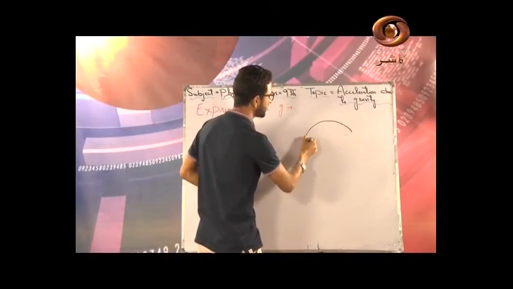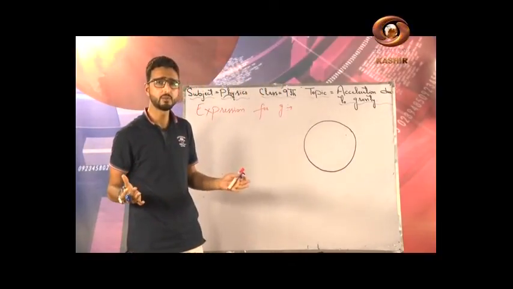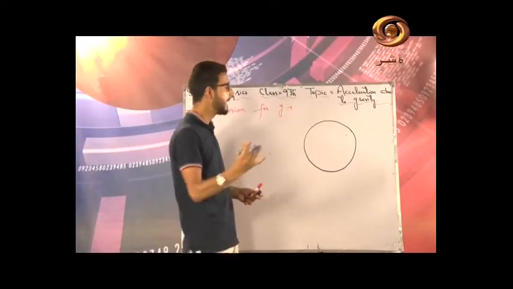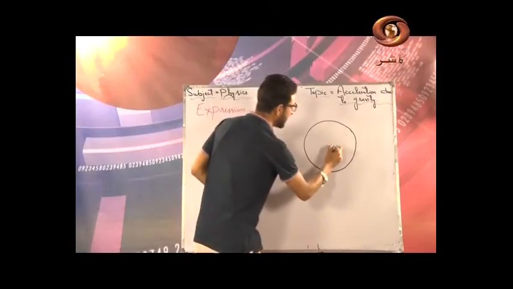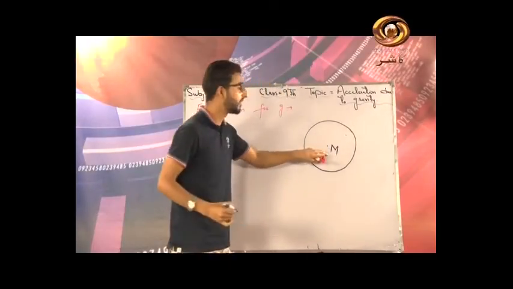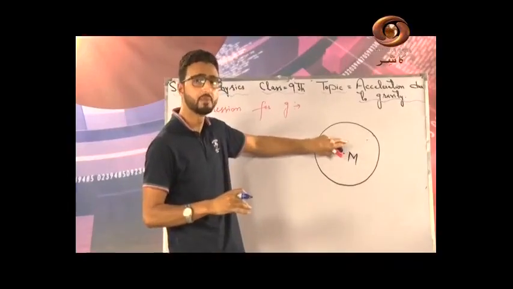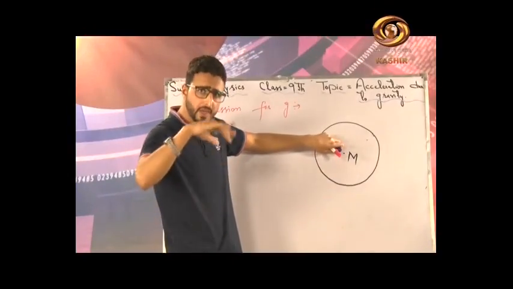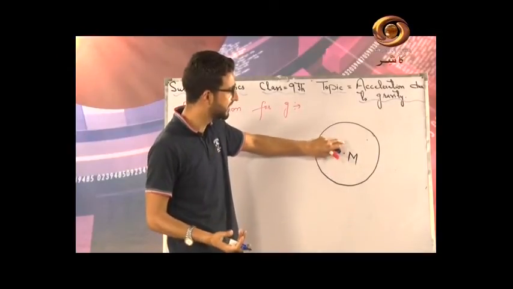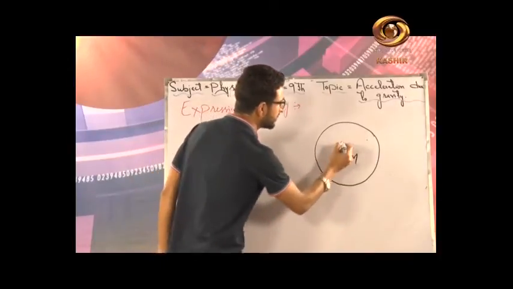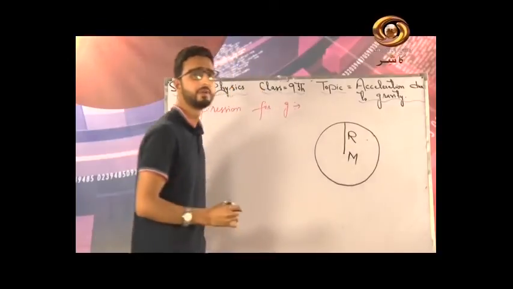Let me consider earth to be a perfect sphere, but actually Earth is not a perfect sphere. Let us assume it here. Let me assume Earth to be a perfect sphere of mass m, and remember one thing, this mass is assumed to be concentrated at its center, I mean center of mass of the Earth. This Earth is considered to be a perfect sphere of mass m, which is supposed to be concentrated at its center. And let me suppose, मैं suppose करूँगा इस अर्थ की रेडियस जो है वो कैपिटल आर है, राइट.